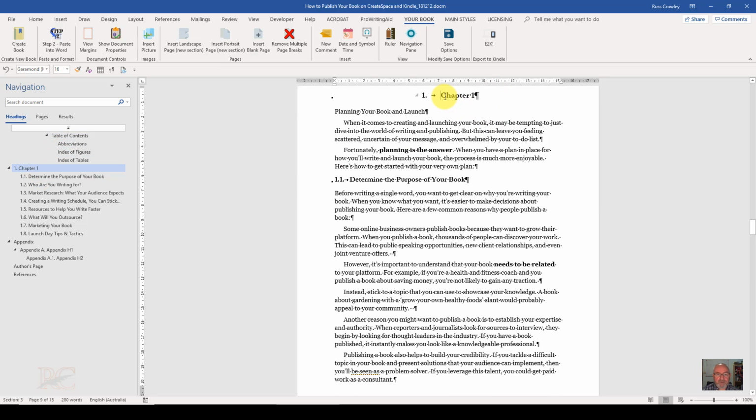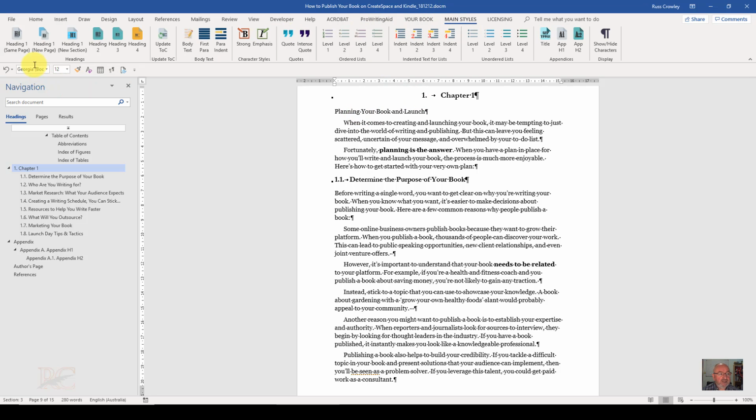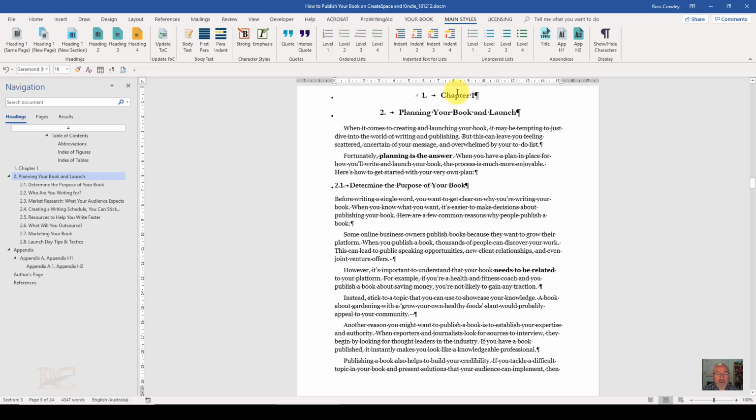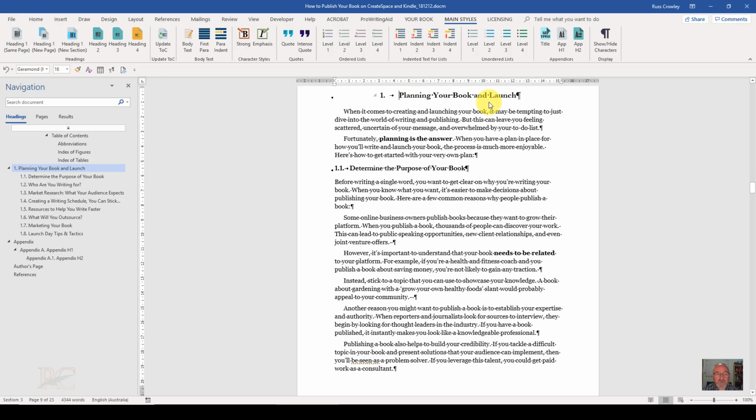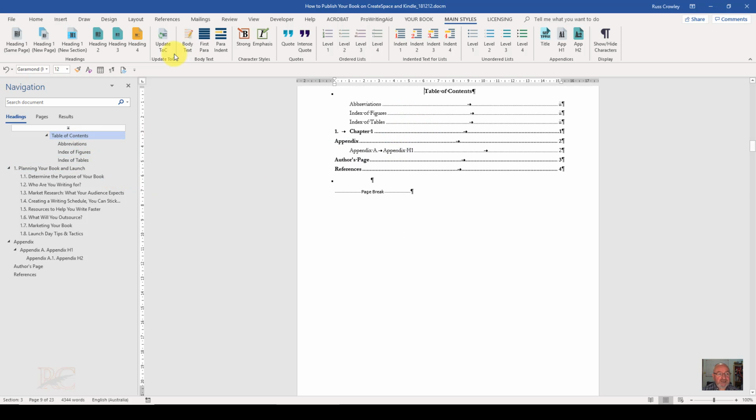And then, as we can see, I'm now into my book. If you remember, this was the actual heading 1, but I pasted into a body text style. So then all I need to do is come up to main styles, and then I just click on heading 1 like so, and then I can get rid of chapter 1. And this one should be a first paragraph, if you remember. So if I click on first paragraph, the only difference here between first paragraph and the body style is the first line indent. If you're used to tabbing to indent the text, then I'll just tell you now, you're doing it the wrong way. But then as you can see there's my book, there's my table of contents,